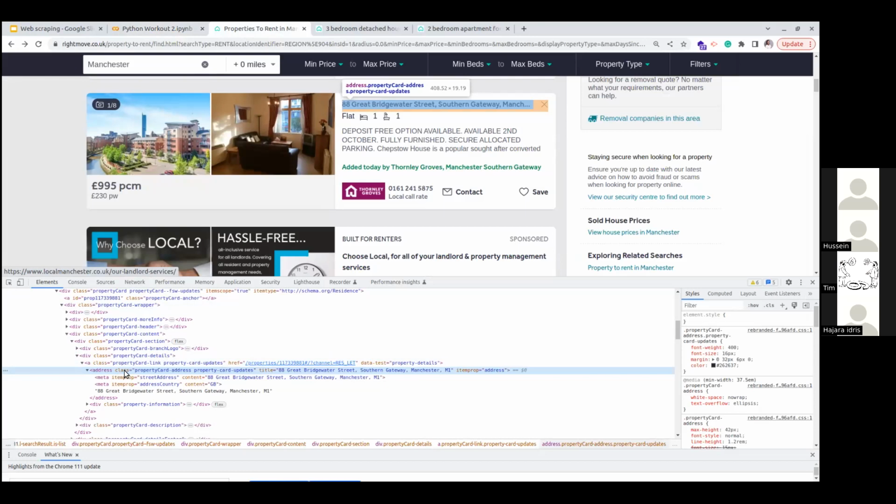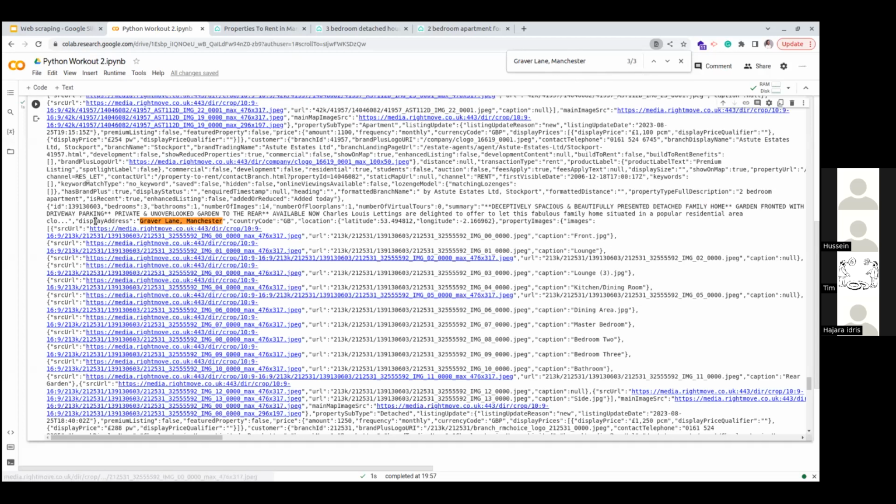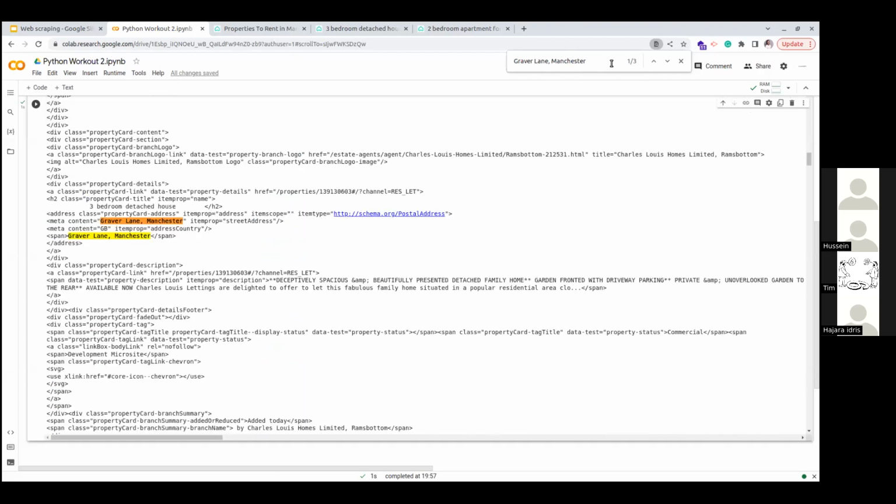So that's something to note as well. By the time you use Beautiful Soup, sometimes the structure may change a little bit, but I can tell you that the information you are looking for is there. And the best way to find that information is, after you've scraped everything, put it in a variable, print the variable, and start searching some of the things that you have seen, so that you can see if it has reassigned or discarded some things and reassigned them to another HTML tag. So there are 3 occurrences of Graver Lane. There's one that is meta contents, there's one that is inside the span, and let's see the third one. At least we know that Graver Lane is here.